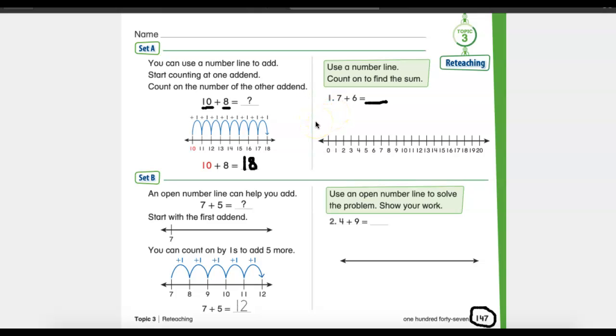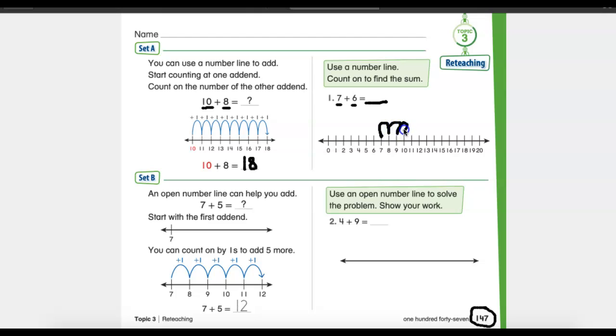So on number 1, I'll start us off. So it tells us we're going to start counting at one addend. So which number are we going to begin counting at? 7 or 6? We are going to begin at number 7. So I'm going to go to 7 on my number line. I like to make a little dot. And now I have to count on. How many am I going to count on from 7? 6. So now, and make sure you're doing this on your paper, we are going to jump 1,